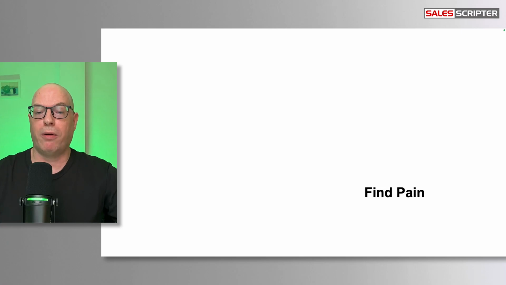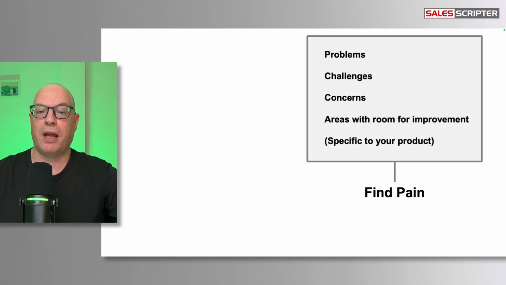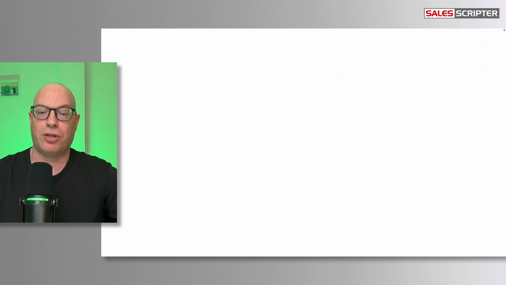We are going to talk about how to find the prospect's pain, figure out if the prospect has problems, challenges, concerns, or if they have areas where there's room for improvement. The important thing here is finding those that are specific to your product. And this can be a game changer for you, especially with lead generation, because if you are able to find